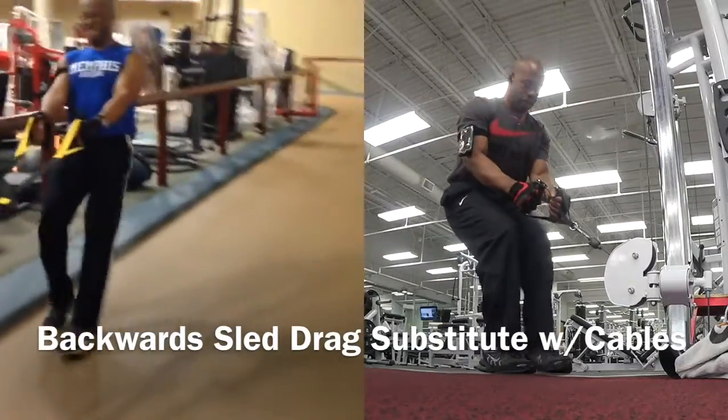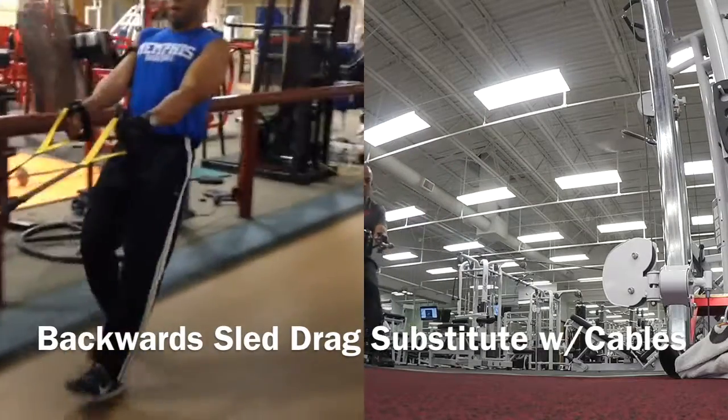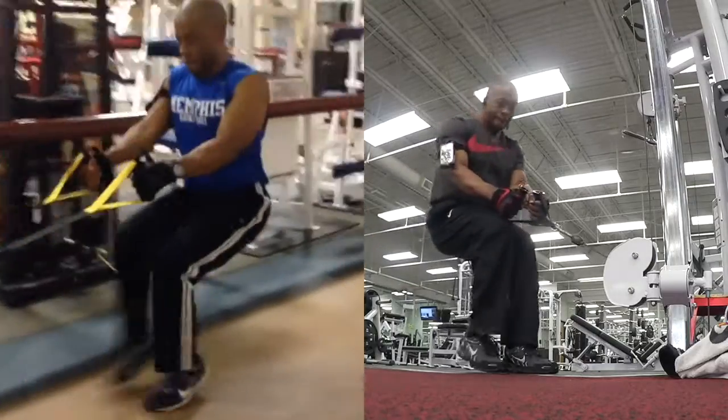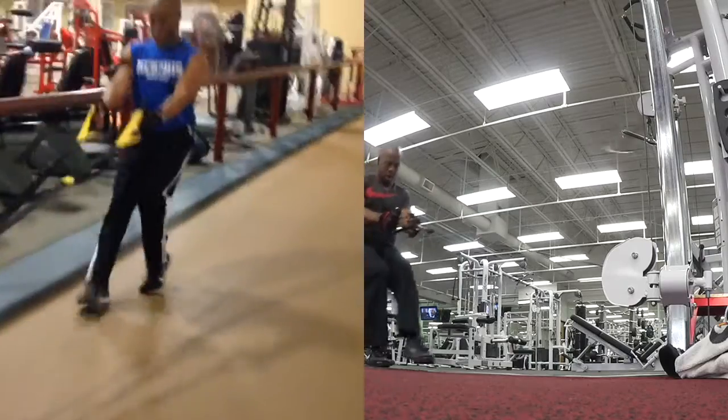Okay, I'm going to be performing this as a substitute for the backward sled drag, which is me pictured on the left doing here, but I'm doing it with cables. Okay, so what you really have to keep cognizant of as you're watching me do it in both videos is